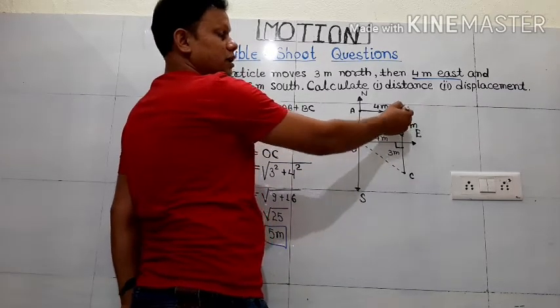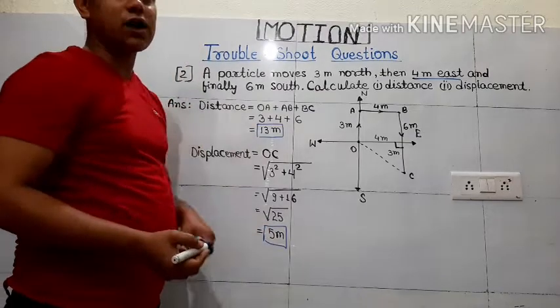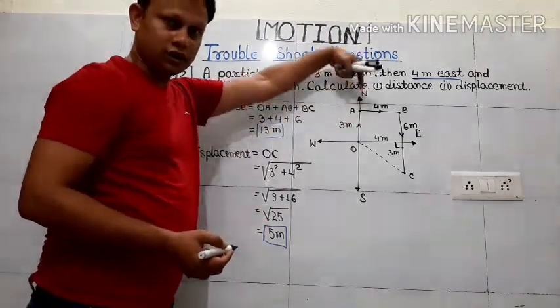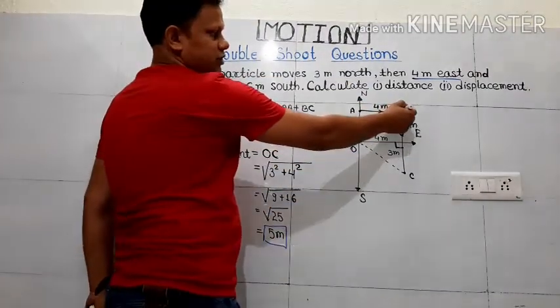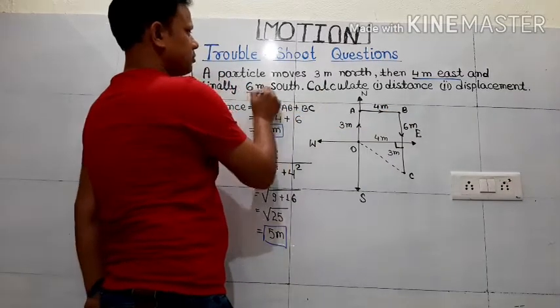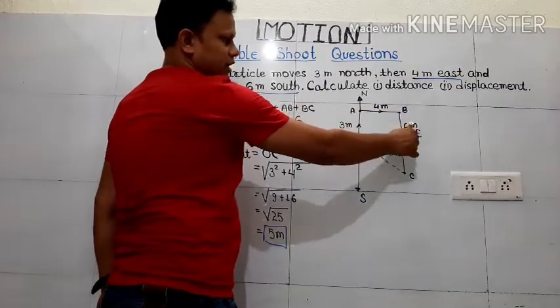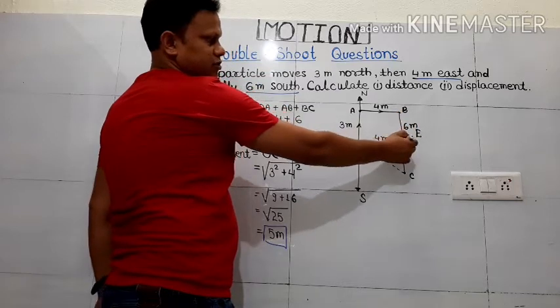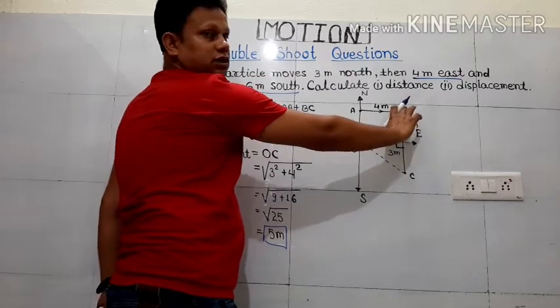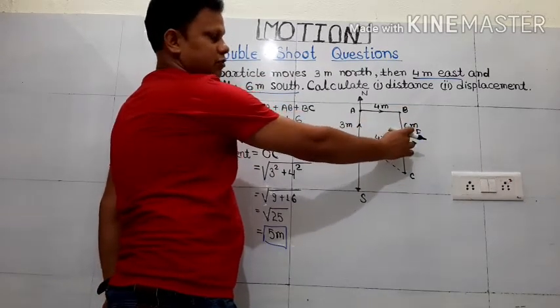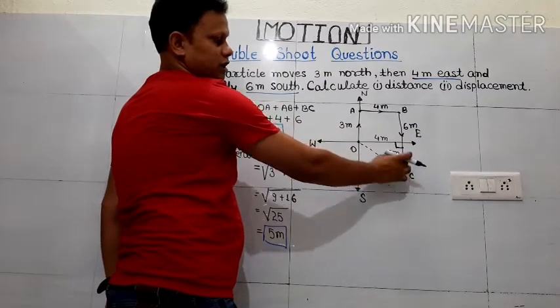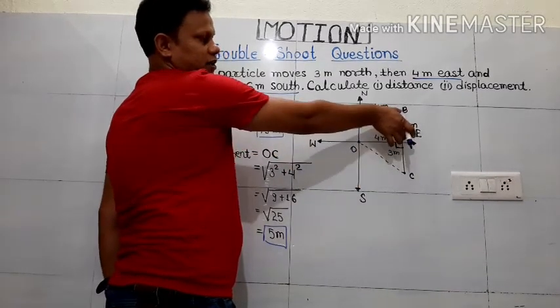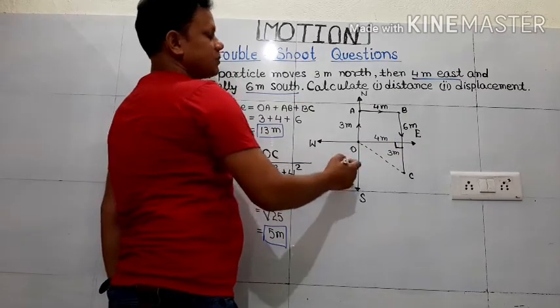Now from B it has to turn towards south. South means the wall downside. So now moving 6 meter down. It's written 6 meter south. So 6 meter here. Now after covering 3 meter it will be somewhere here, because 3 is equal to 3 here, and 3 more is left now. So 3 will be traveled this way. So this part is 3, this part is 3, so total is 6.